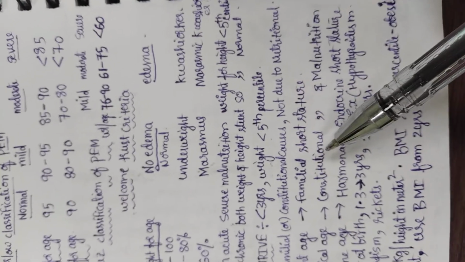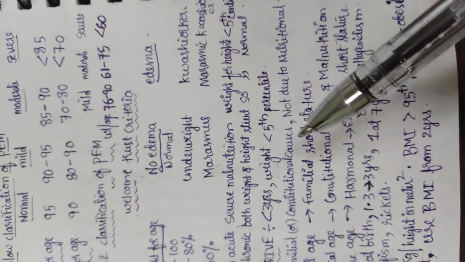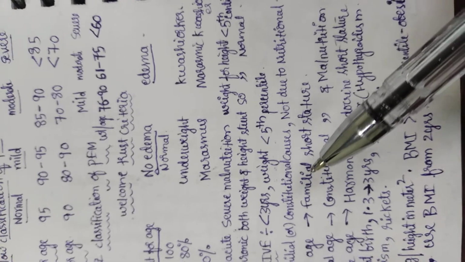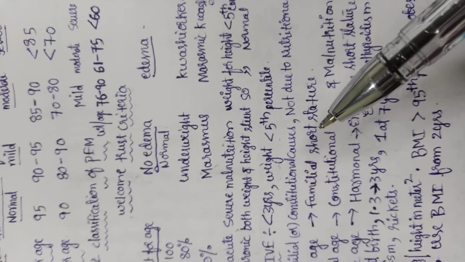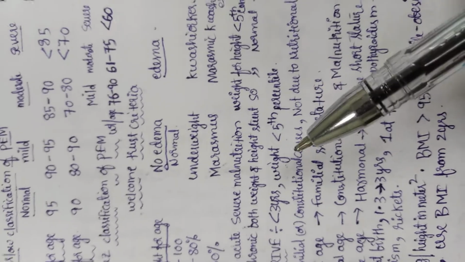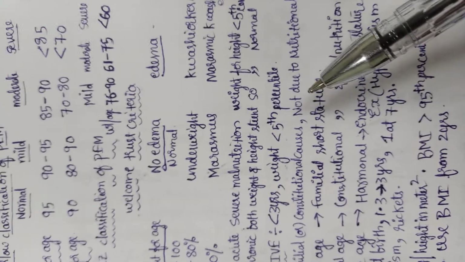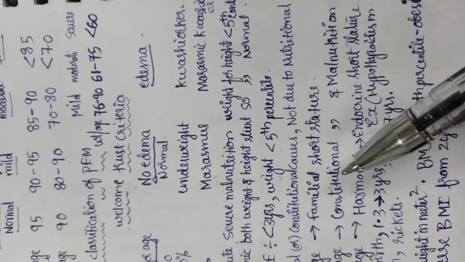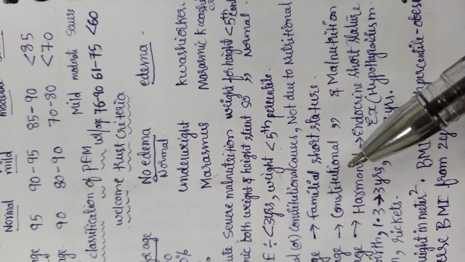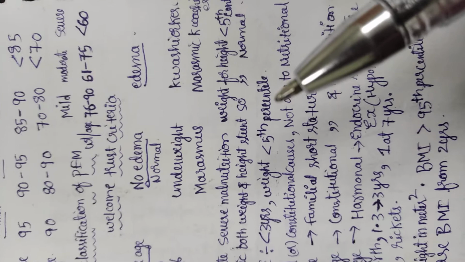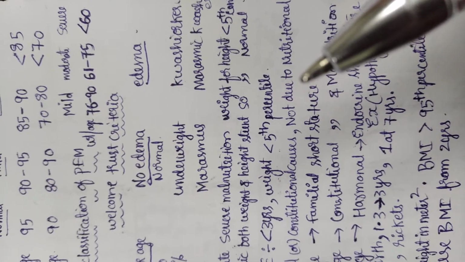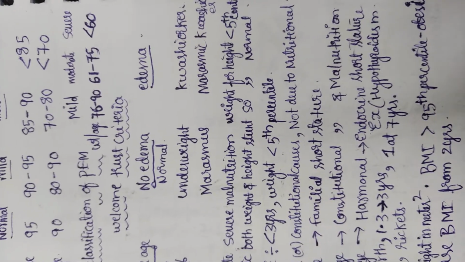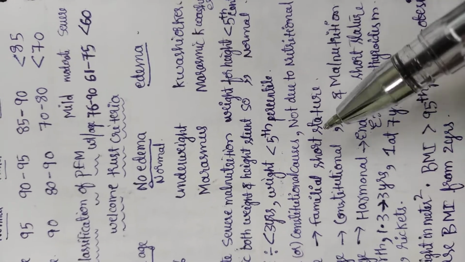Familial short stature and constitutional short stature are the normal variants, because familial short stature is dependent on the parents' height. Okay, if the parents are short, then the final height of the child is also short, so it is a normal variant. In constitutional short stature, until puberty, the height of the child is less than the peer group, but after puberty his growth velocity will increase, and by the end of 18 to 20 years, his height will be normal, equal to the peer group, so it is also one of the normal variants.